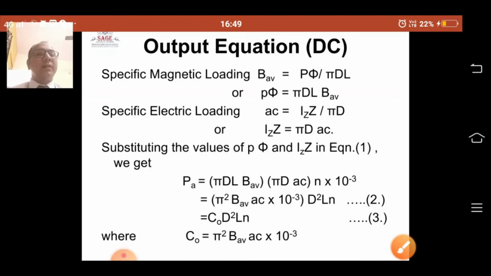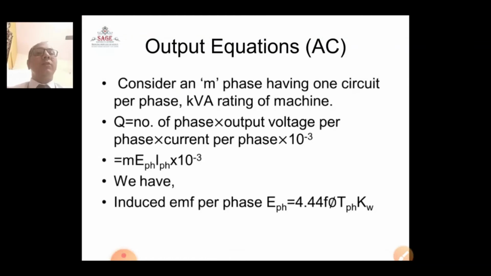combination pi square B average AC into 10 raised to minus 3, we will call it output coefficient. So this thing we need to remember. With the help of this derivation of output equation for DC, let us move to the output equation for AC,